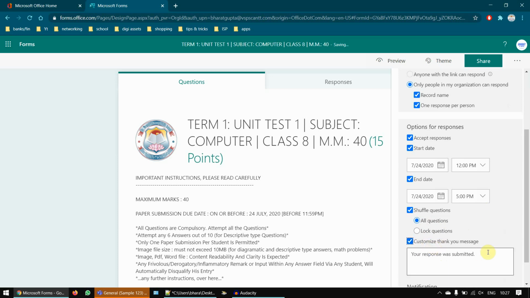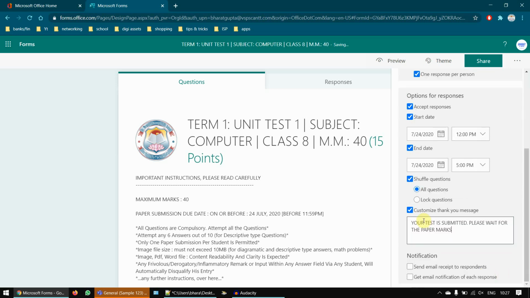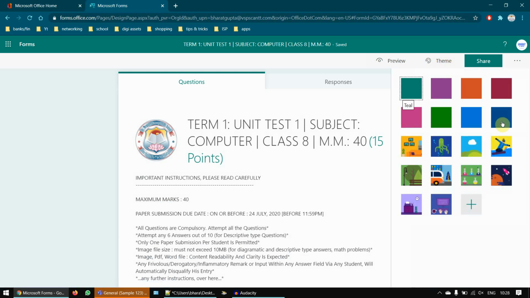Customize a thank you message. Well, over here we can write a message such as, your test is submitted, please wait for the paper review, please wait for the paper marks, or whatever message you want to type after the student clicks the submit button. Now, this paper is almost ready. It's a sample paper. You can also change theme from here. So, I would suggest use this blue color which reflects our school brand,